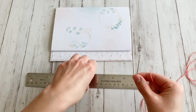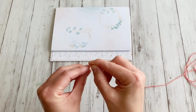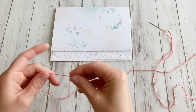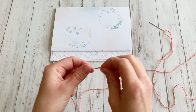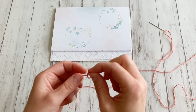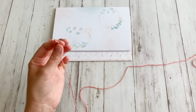So I have this needle here. Let me put this away. This is a regular embroidery needle. This has a fairly sharp point, but that's not necessary at all. Going to thread it through this. Okay. And then make a knot on the other side. I'm going to make a double knot just in case. I know myself. Now I know this knot isn't going to go through there, but just to be super sure. Okay. Yeah, you can make the knot fairly close to the end because you will not need this afterwards. Okay, and then to start,